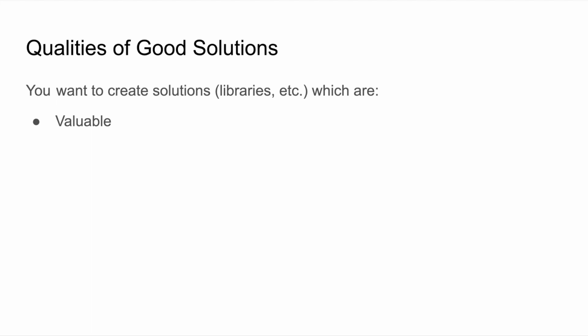This is essential. If it doesn't solve a hard problem that people care about, then it was a waste of time. It also needs to be relatively easily reusable. That means the effort for them to come up to speed on your solution and use it in their code base is much lower than it would be to reinvent it on their own. It also needs to be quickly understandable. People do not have time to study overly complex mental models. If they can understand how to use your solution much faster than they can understand how to use any alternatives, then they're going to go with what you're offering.